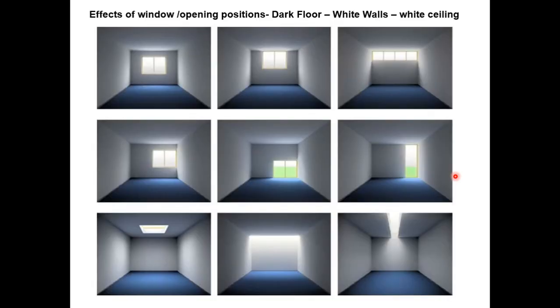Again, there are effects of windows and opening positions. We have to understand how a window position will affect the amount of daylight which is going to penetrate inside the room. For example, if you have a center opening, it's a little lesser. The opening on top might be a little higher, and the opening on top ultimately higher. This opening is a little more. The skylight opening gives you a lot of light. This also gives you a lot of light. This gives you a concentrated light. This gives you a reflective light on the ceiling and also on the wall.